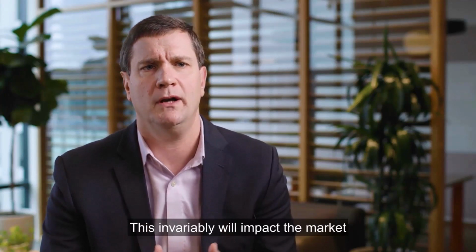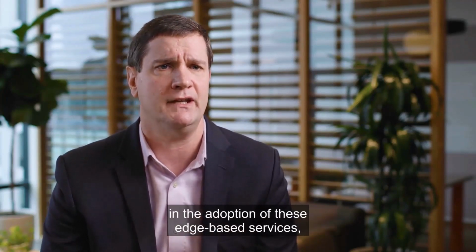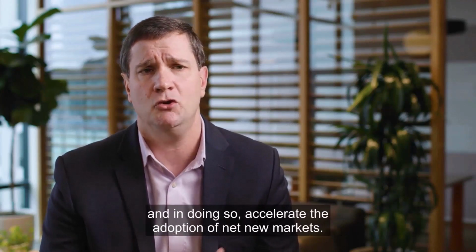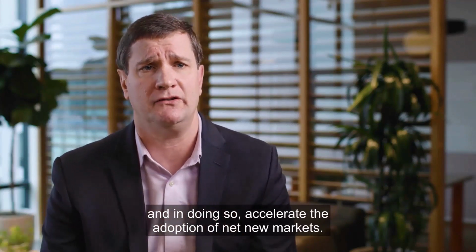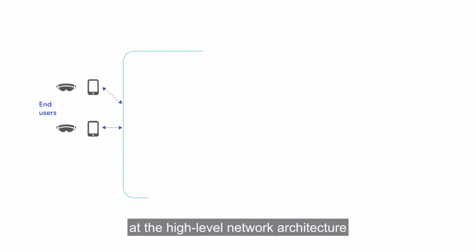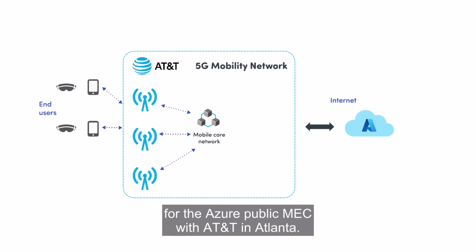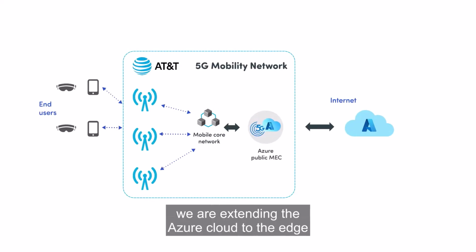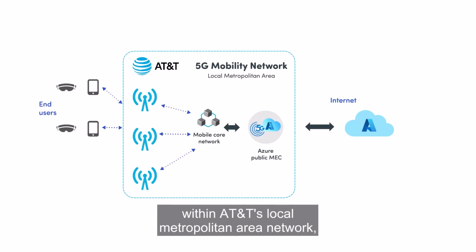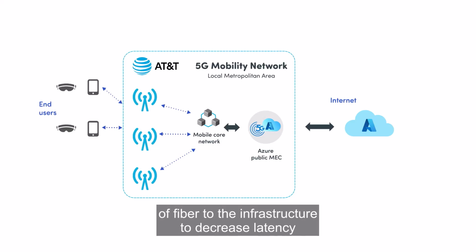This invariably will impact the market by increasing customer confidence in the adoption of these edge-based services, and in doing so, accelerate the adoption of net new markets. Let's take a quick look at the high-level network architecture for the proof of concept for the Azure Public MEC with AT&T in Atlanta. With Azure Public MEC, we are extending the Azure cloud to the edge within AT&T's local metropolitan area network, thereby eliminating endless miles of fiber to the infrastructure to decrease latency and open a new world